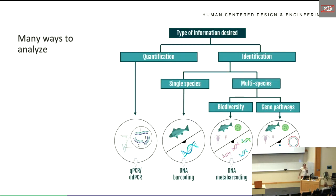And for the analysis, you decide what you do by the type of information that you want to get. So you can either quantify the DNA and quantify the biomass that way, or you can identify a single species or multiple species. And then genomics and metagenomics would bring in, say, adaptive factors that are working on different organisms. So I'm not going to get too much into the weeds on that, but hopefully that gives you an idea